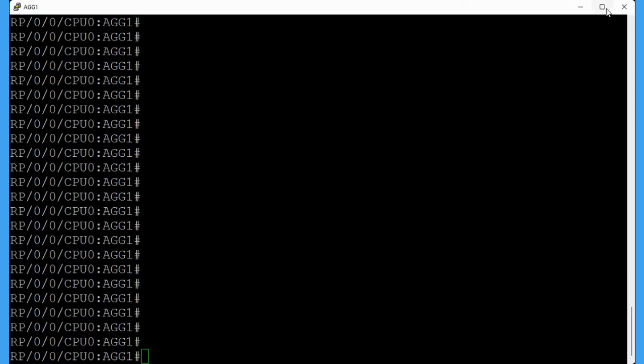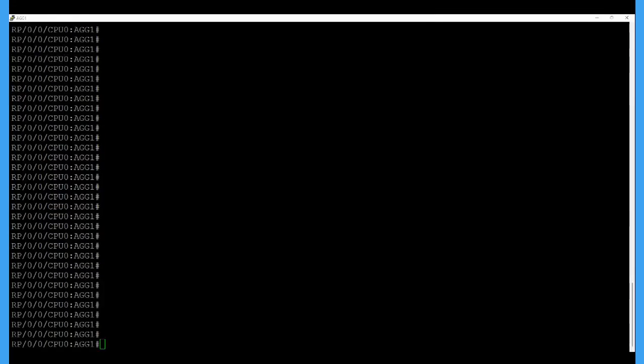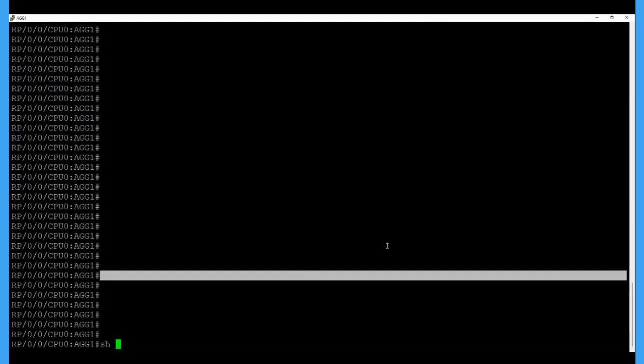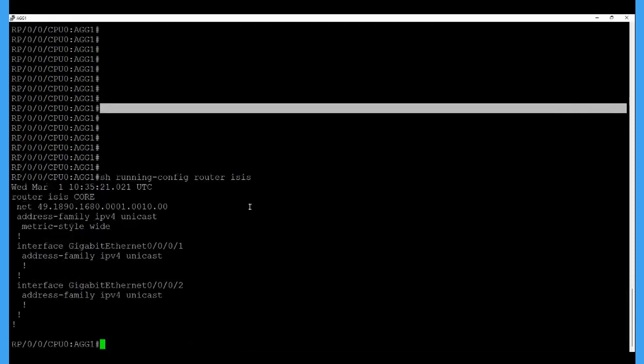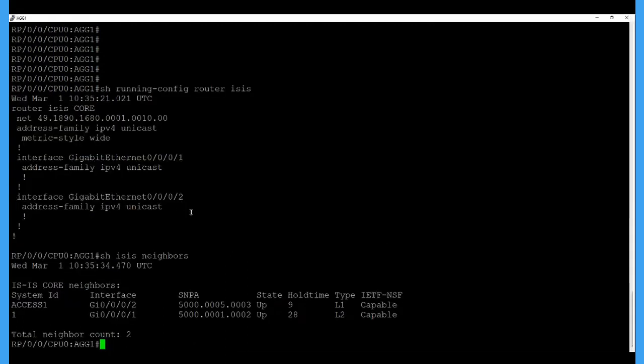So here we have the aggregation router 1. Okay, let me quickly show the configuration. Show run router ISIS. So we have done one leg with the access router 1, which is the L1 type neighborship, and another leg with the core router, which is the L2. So this is the L1/L2 router. The normal configuration we have is the NET ID, system ID configured, and this is the interface we have